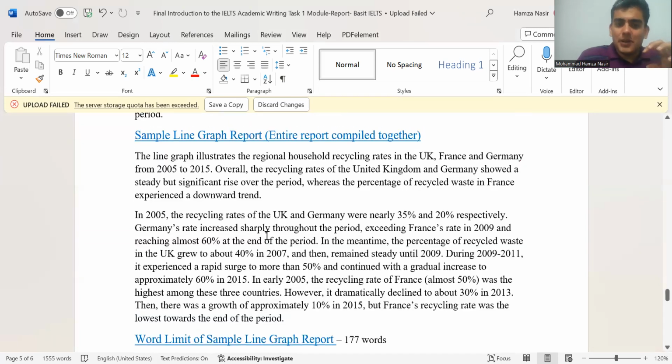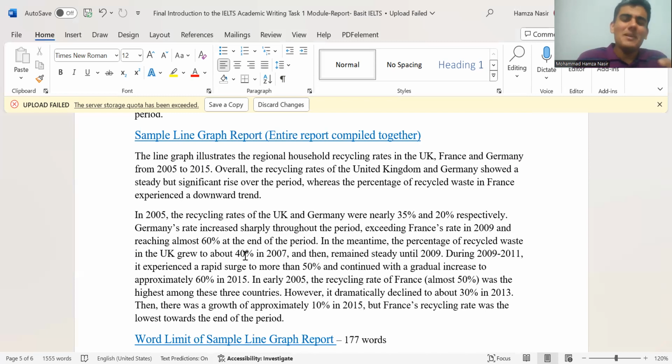The line graph illustrates the regional household recycling rates in the UK, France, and Germany from 2005 to 2015. Overall, the recycling rates of the United Kingdom and Germany showed a steady but significant rise over the period, whereas the percentage of recycled waste in France experienced a downward trend. In 2005, the recycling rates of the UK and Germany were nearly 35% and 20% respectively. Germany's rate increased sharply throughout the period, exceeding France's rate in 2009 and reaching almost 60% at the end of